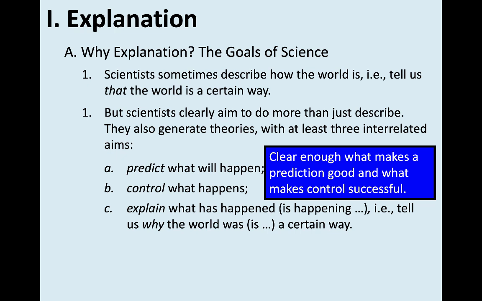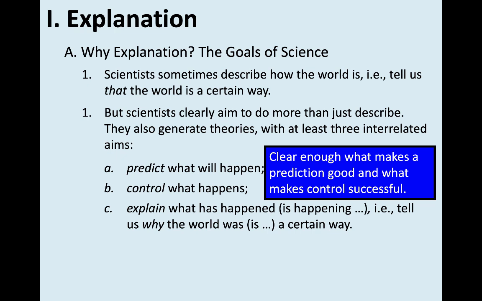So think about it like this. If I said before Trump wins the election that Trump is going to win the election, and then he does, then you might be impressed and say, hey, what theory allowed you to predict that? But if after Trump wins the election, I say, well, all my theories about politics predicted that, but I didn't tell you that beforehand. Well, you shouldn't be very impressed, right? There's something about actually saying it's going to happen before it happens that makes a theory that makes a prediction especially impressive.